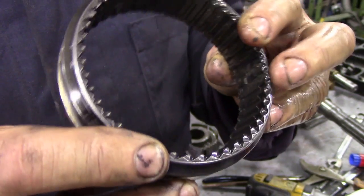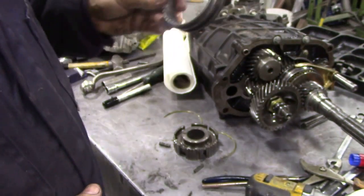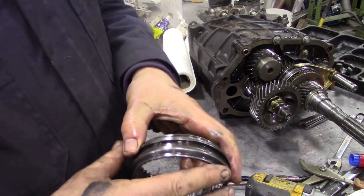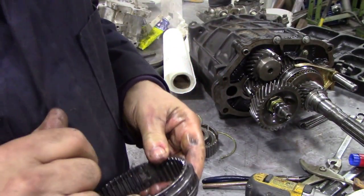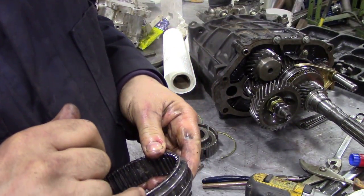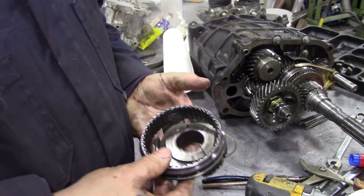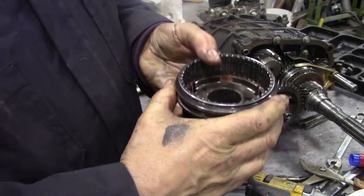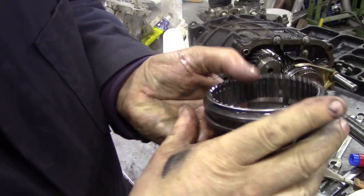And again, when you compare it to a new one, you'll buy a new one and you'll see it's exactly the same. So how do we put this back together? Well, obviously, we put our little mark on there. You could actually cheat and put a little tiny Dremel grinder mark on there, because Sharpie is something that comes off. So we're going to line up in this instance, because we know the relative position of our little Sharpie mark there,